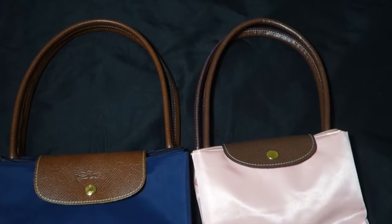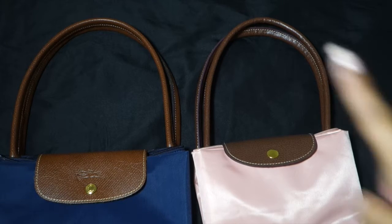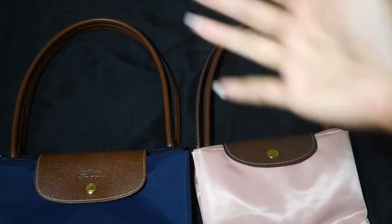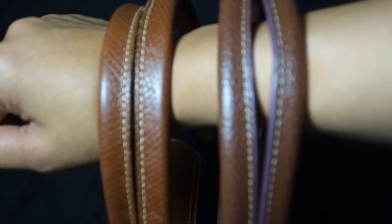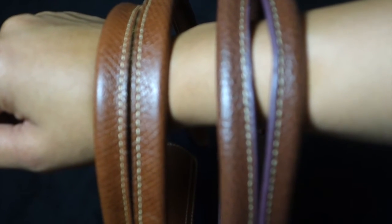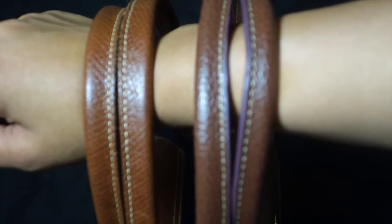Okay, so I zoomed in a little bit so you guys can see the handles, like the length and everything. You can tell this handle is a lot wider and this handle here is a lot more narrow. On the left hand side, that's the real Longchamp leather handles, and on the right hand side here is the generic version. As you can see, the difference is...